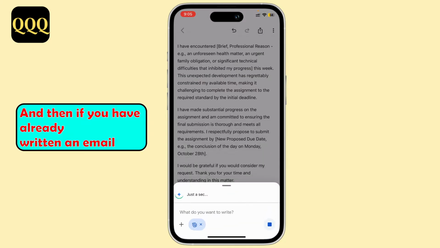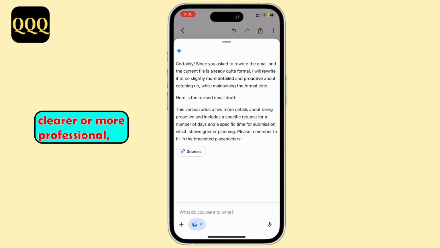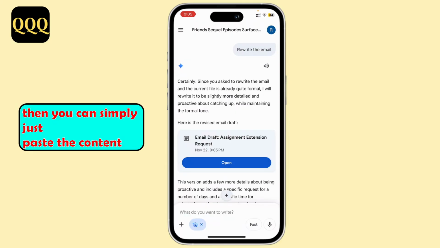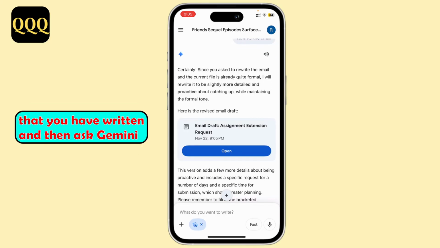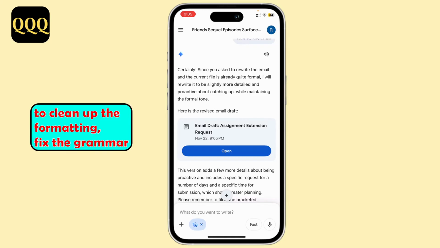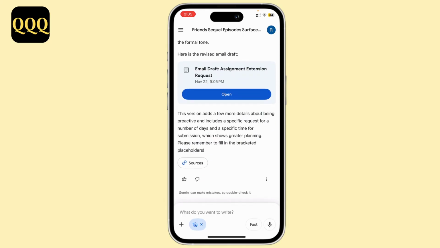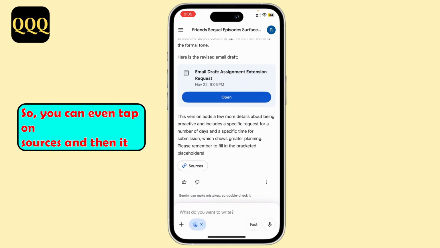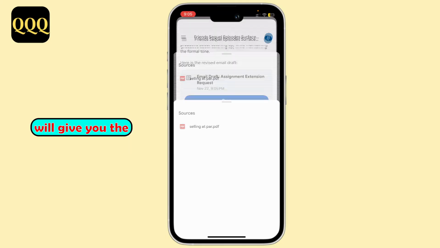And then if you have already written an email but you want to make it clearer or more professional, then you can simply paste the content that you have written and then ask Gemini to clean up the formatting, fix the grammar, and make it sound better. So you can even tap on sources and then it will give you the sources that